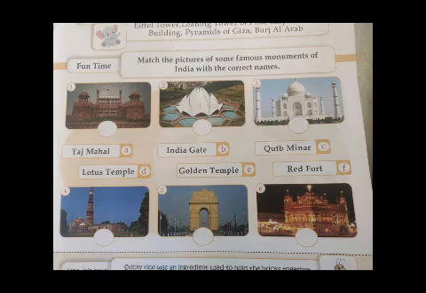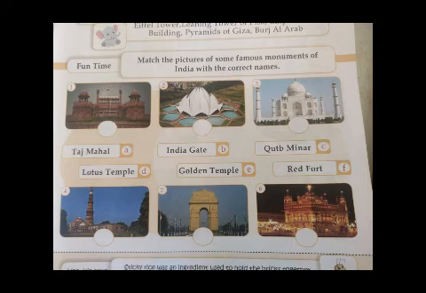You can write in the box F, that is Red Fort. On 15th August 1947, the first Prime Minister of India, Jawaharlal Nehru, raised the Indian national flag above the Lahori Gate. Every year on India's Independence Day, the Prime Minister hoists the Indian tricolor flag at the fort's main gate and delivers a nationally broadcast speech. So it is a very famous monument in India. For the first one, you can write F, that is Red Fort.